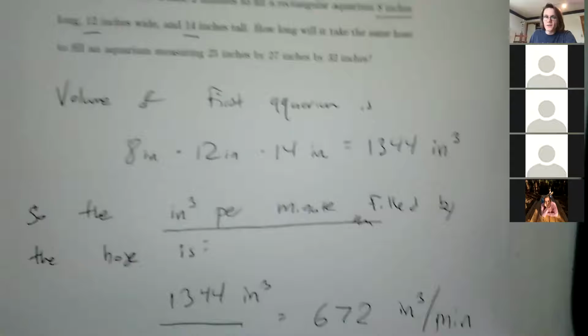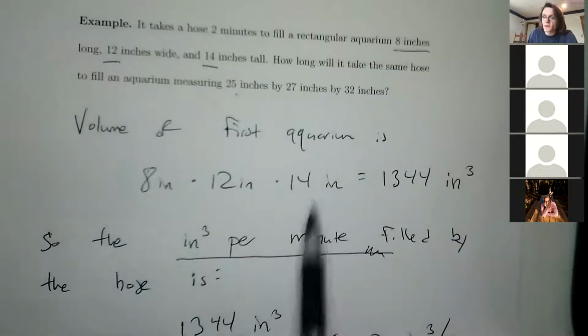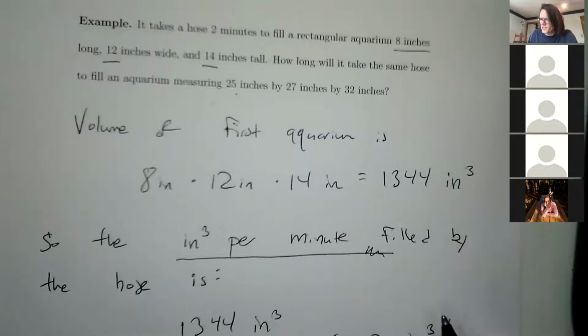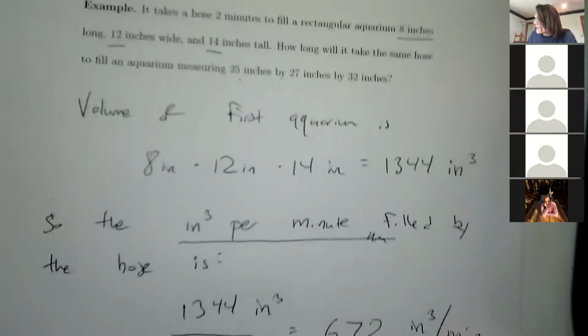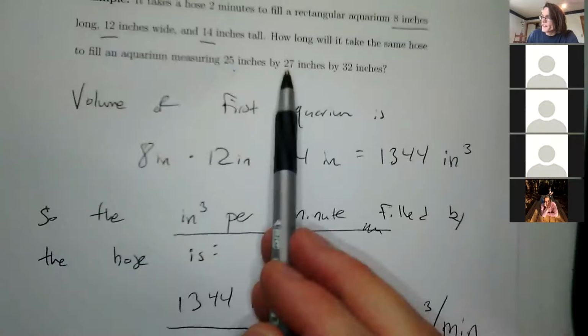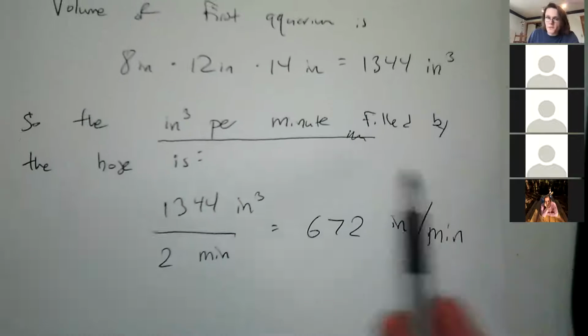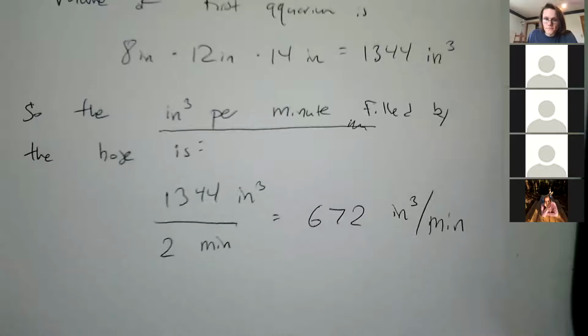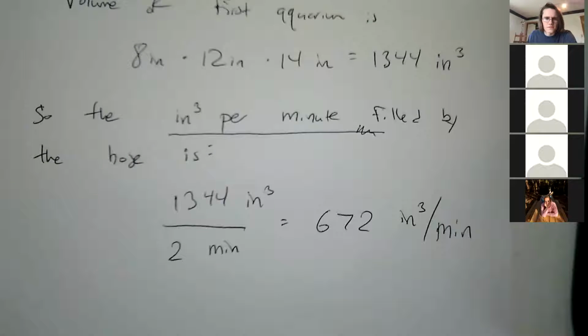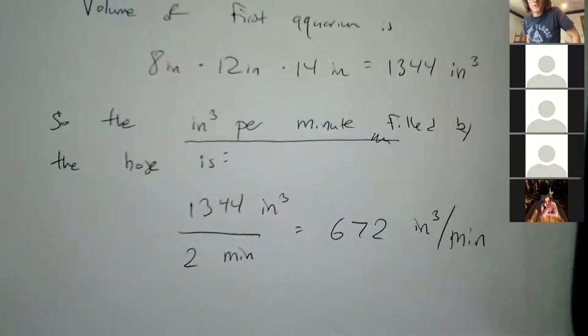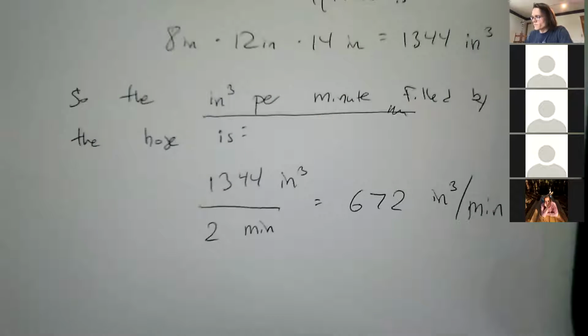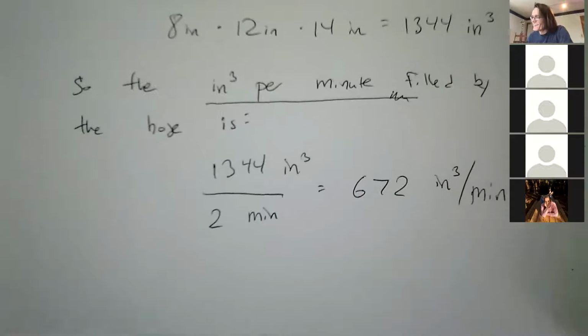So my second aquarium here is 25 by 27 by 32. So it's quite a bit larger. It's like twice as large, just give or take. And so what we can do is find the volume of the second tank and then just multiply it by this number. Can I just divide it? Minutes. I guess we'll see how the units work out. We might end up dividing it. It's okay. We'll see. All right. So the volume